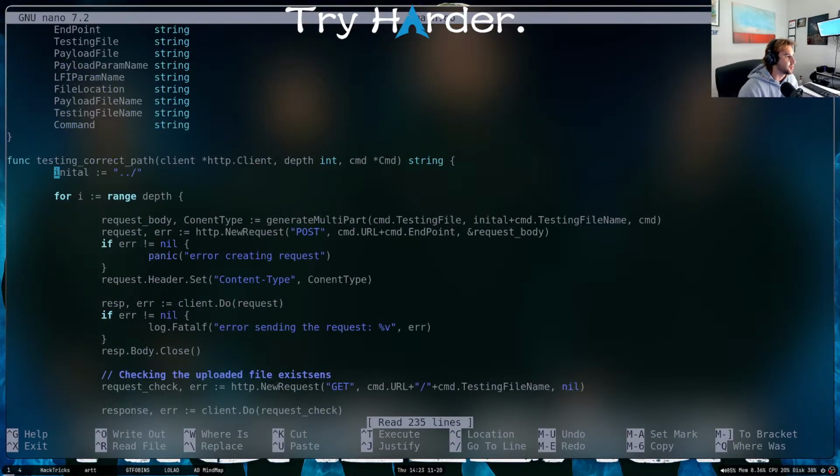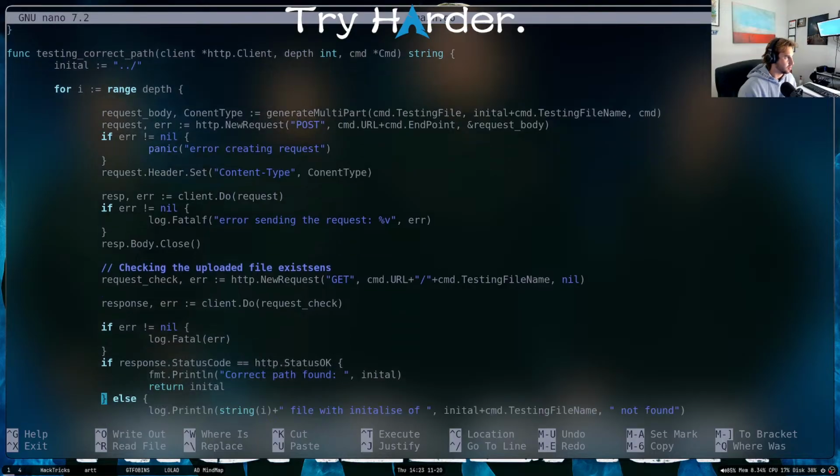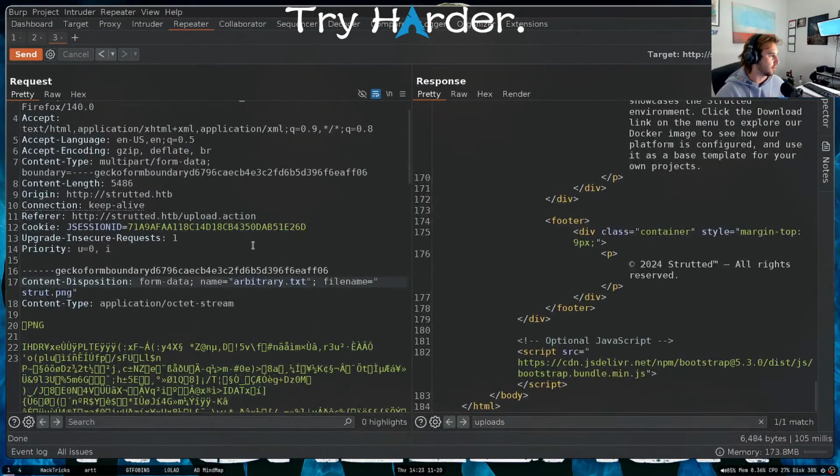Testing correct path. Oh, so it just keeps doing path traversal. Okay. So let's